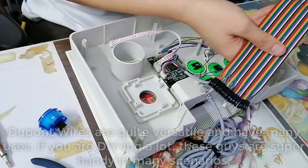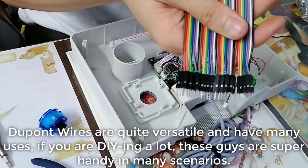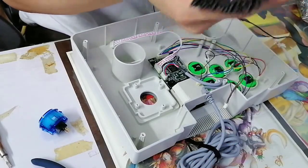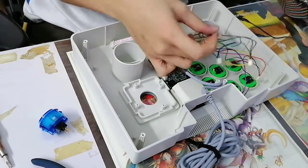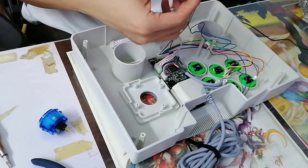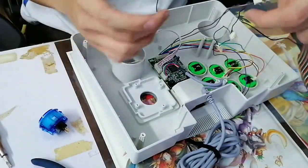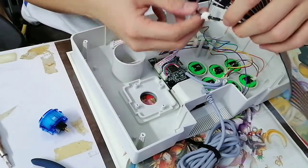These guys are known as DuPont wires. You can search these out online. Really cool stuff. DuPont wires, you can just test them out real quick. They actually fit these really easily. I'm gonna show this. Yep, it's nice and snug, it doesn't get out, and chances are the signal is